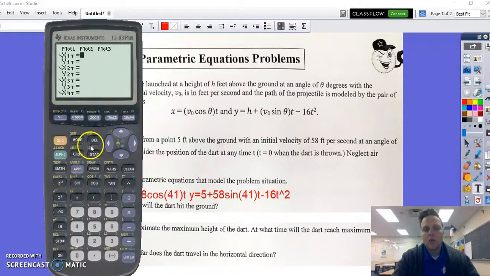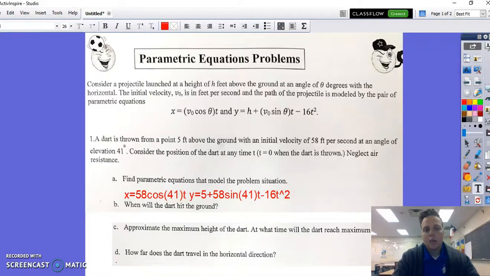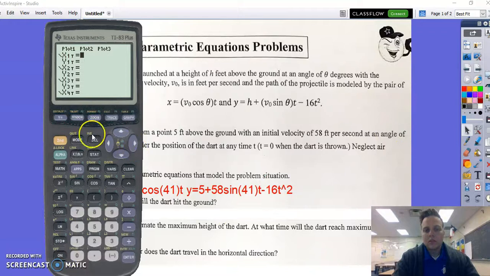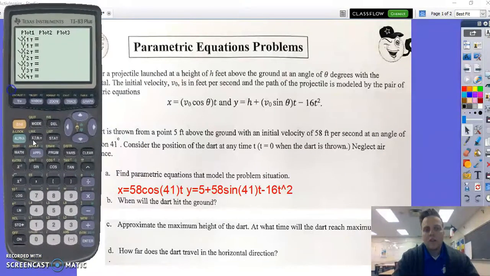Click y equals. Now we see we have x sub t and y sub t, so we have our two parametric equations, the x equation and the y equation. We're going to type that in. The x equation was 58 cosine 41t, and t comes from this button right here. Don't forget that. And then my next equation was the y, which is 5 plus 58 sine 41t